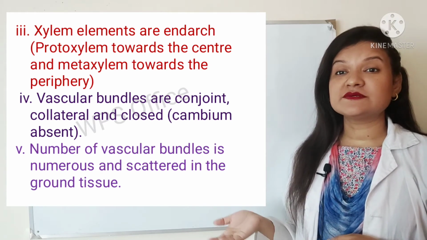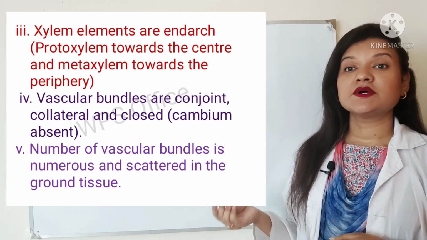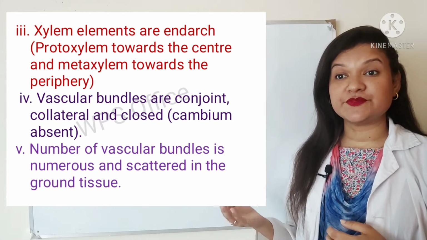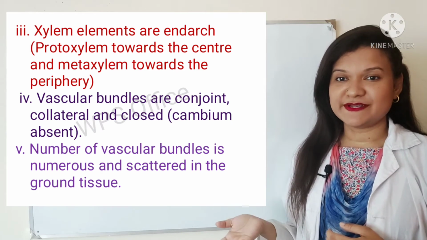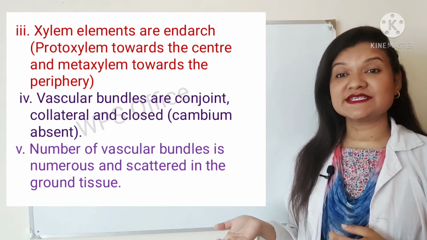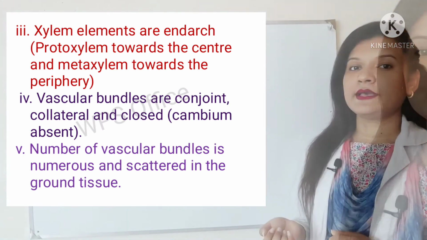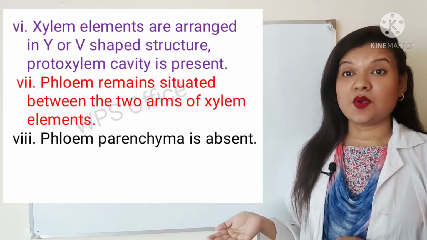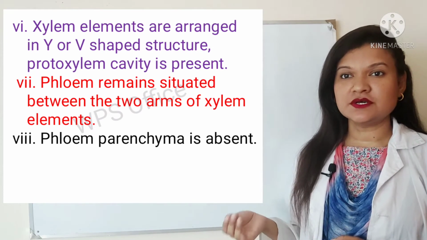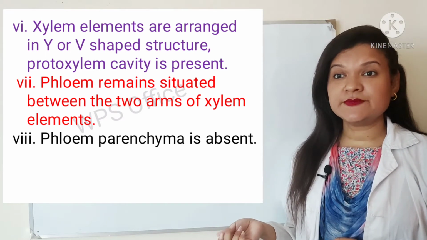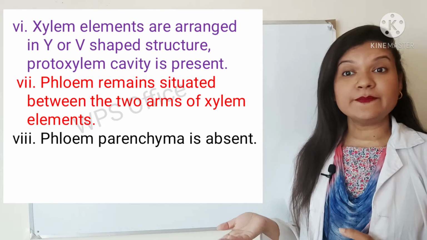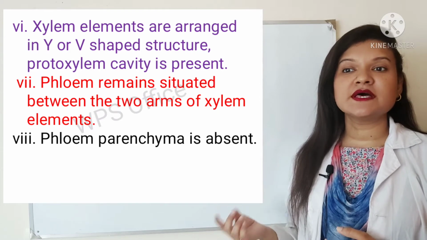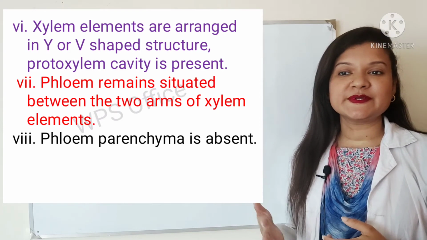Number 4, vascular bundles are conjoint, collateral and closed, and here cambium is absent. Number 5, the number of vascular bundles is numerous and scattered in the ground tissue. And then number 6, xylem elements are arranged in a Y or V shaped structure. Protoxylem cavity is present. Number 7, phloem remains situated between the two arms of xylem elements. Number 8, phloem parenchyma is